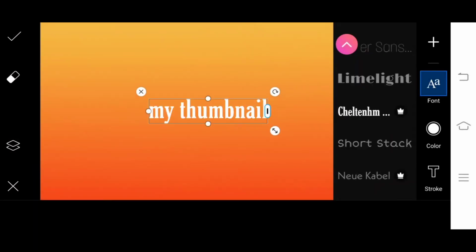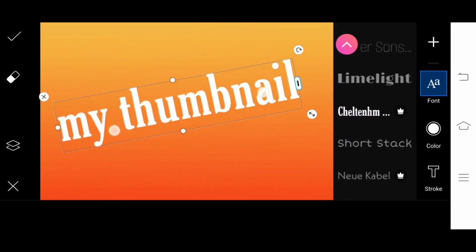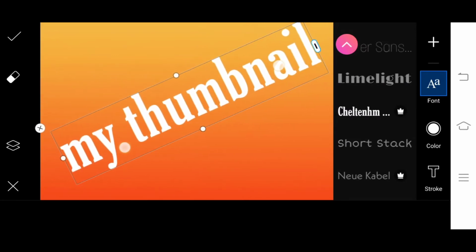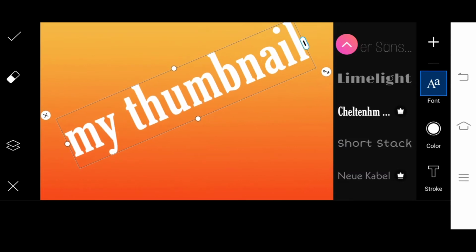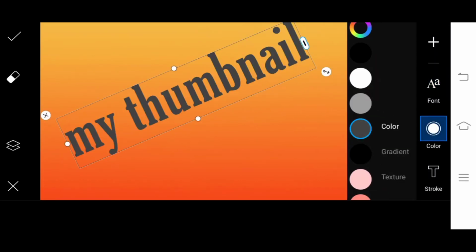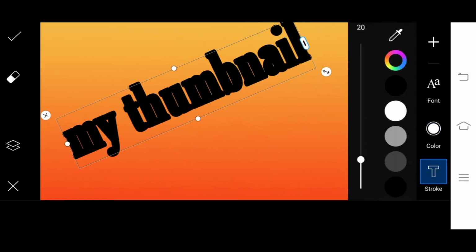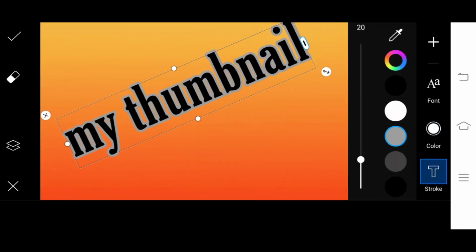Then you can select the different types of fonts you want to apply. You can select different types of colors. You can select the gradient type, texture, stroke,